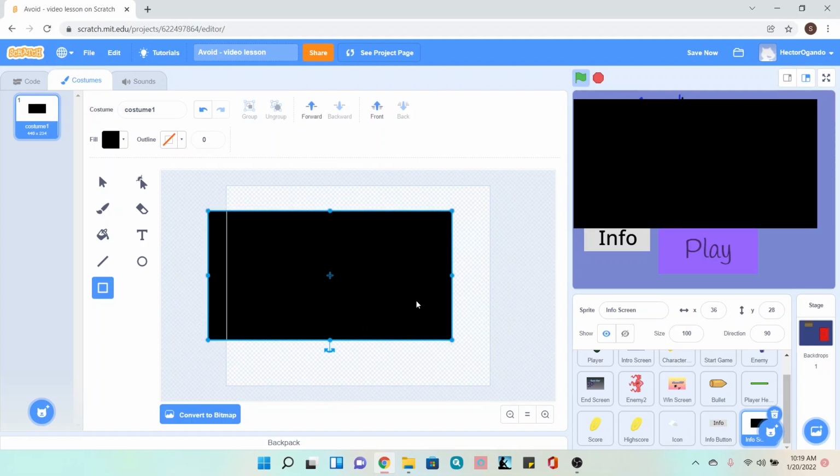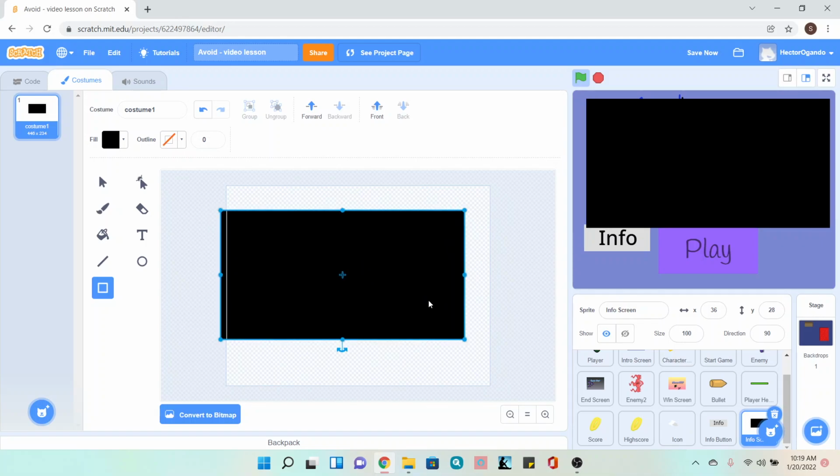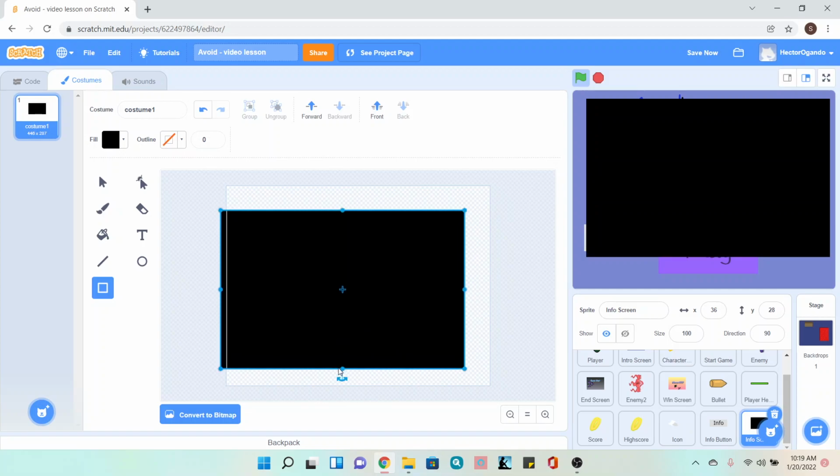I'm going to position it exactly where I want. So probably around here is where I want it to show up. Maybe I'll make it just a little bit bigger. I can go ahead and pick the color that I want, and I can also change the shape of this. Again, everything is subject to change. You guys can add designs. You guys can make this a circle instead, or you guys could make your own shape by using the reshape